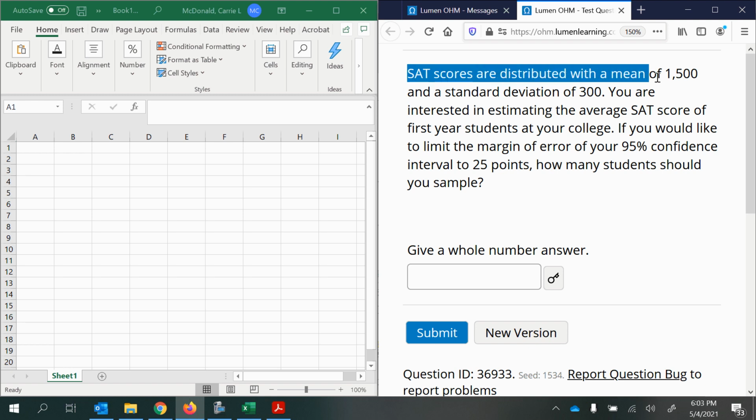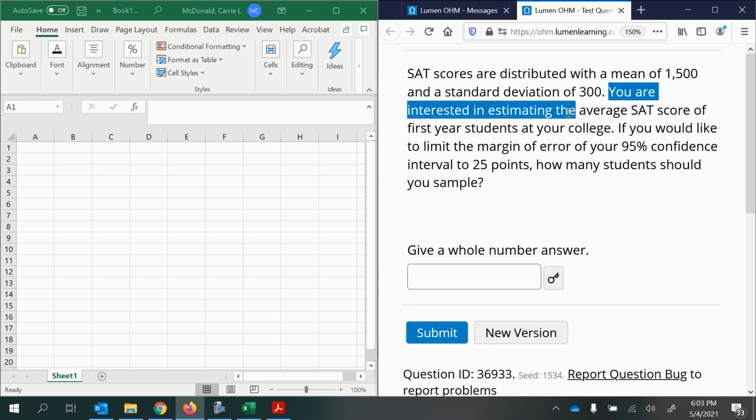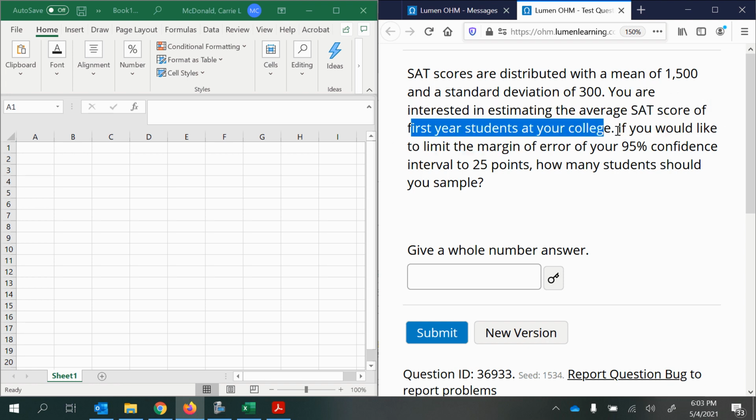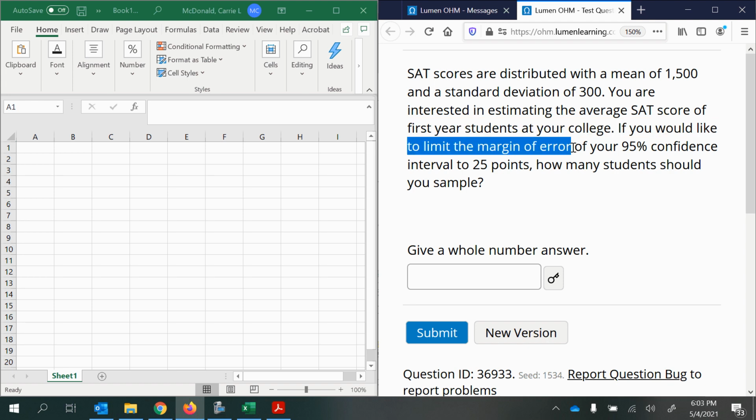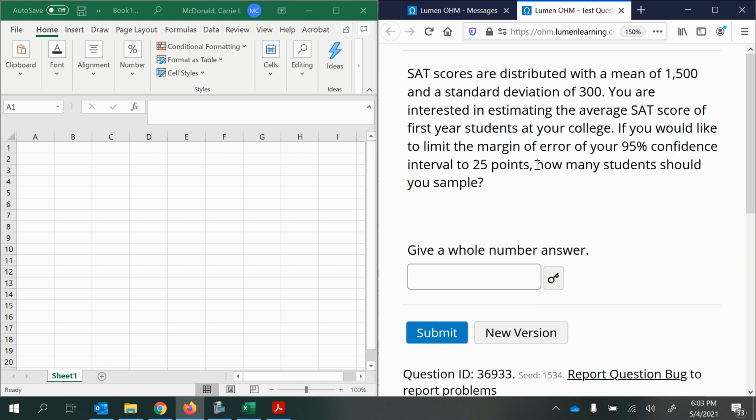SAT scores are distributed with a mean of 1,500 and a standard deviation of 300. You are interested in estimating the average SAT score of first-year students at your college. If you would like to limit the margin of error of your 95% confidence interval to 25 points, how many students should you sample? So let's focus in on this last part, which asks us how many students we should